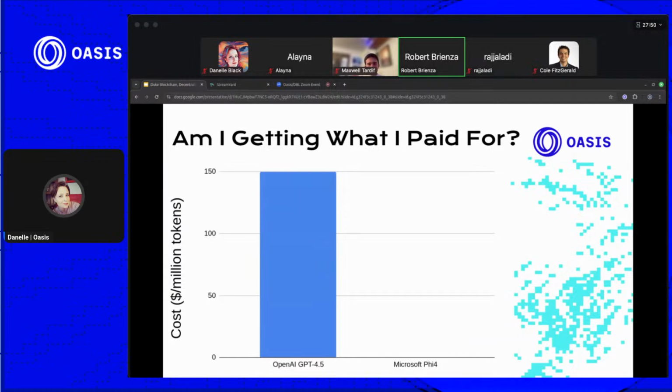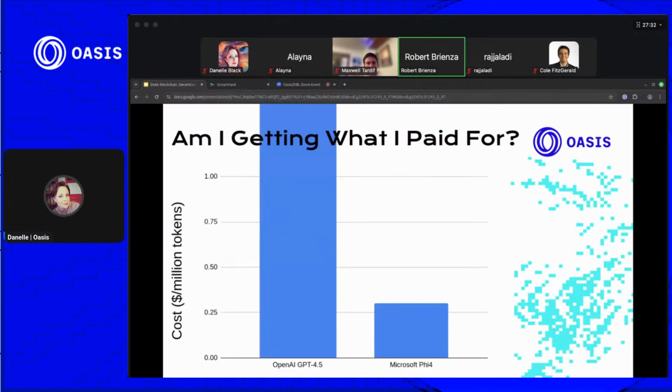And on the topic of, am I getting what I paid for? You can visualize it very easily. Let's say we're comparing GPT 4.5, which is now already outdated. I made this slide weeks ago. And Microsoft Phi-4, which is a very small model, a very inexpensive model. Well, they're about a